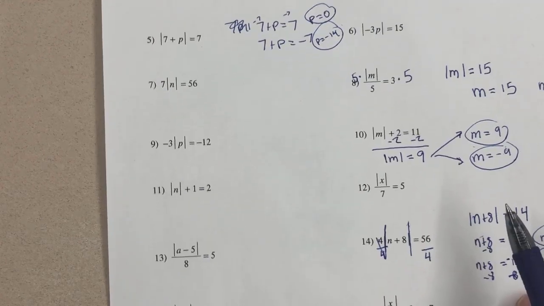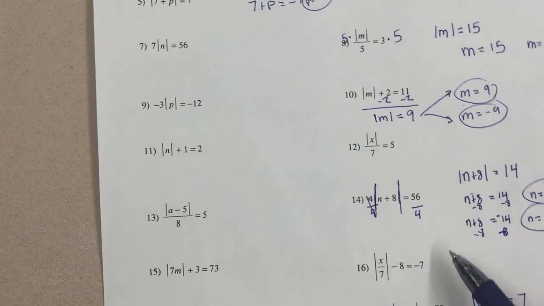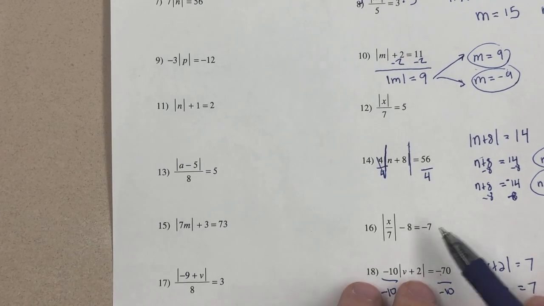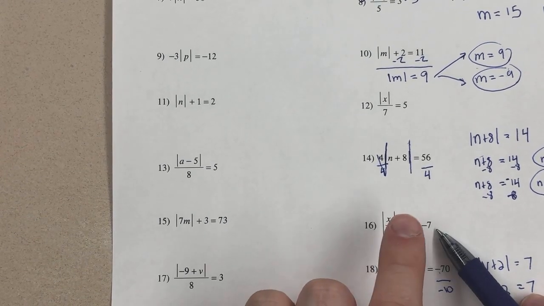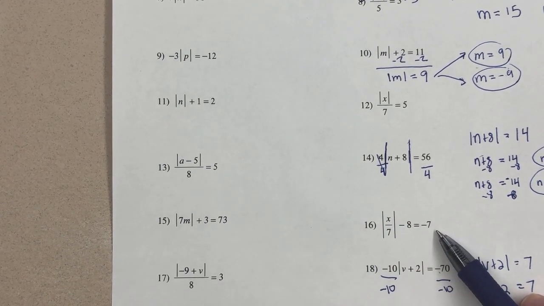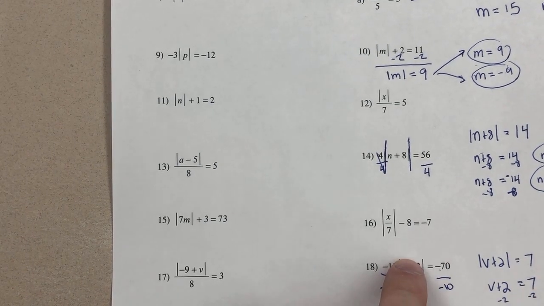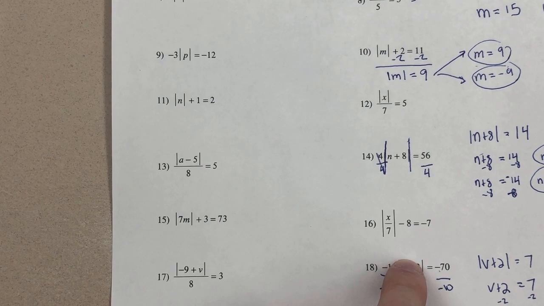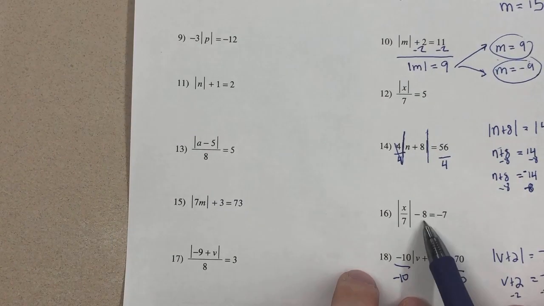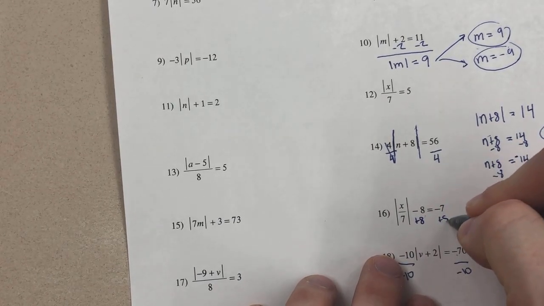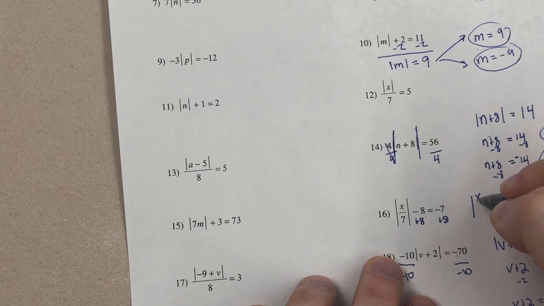But let's look at 8, let's look at rather 16, okay? Sorry, I feel a little shakiness there. So 16, I bet people are going to say, guys, no solution. Here's why you're not correct. Why are you not correct to say 16 has no solution at this point? The answer is because the bars are not alone. Look, there's something with the bars. So you cannot make that diagnosis until you've gotten the bars alone. Because look,